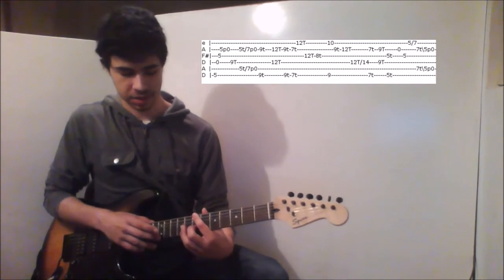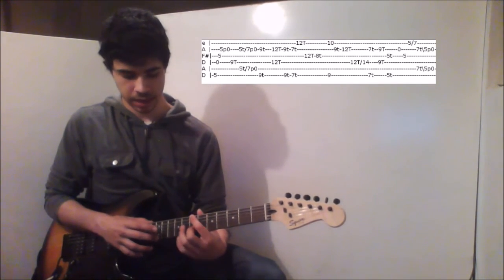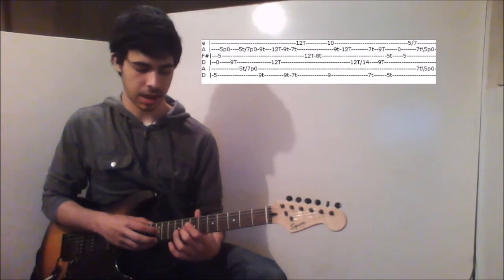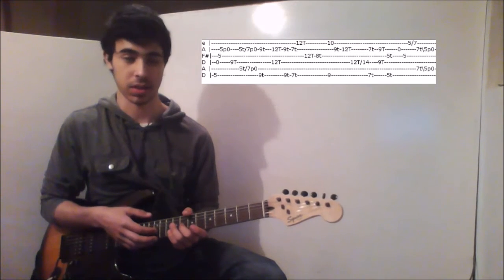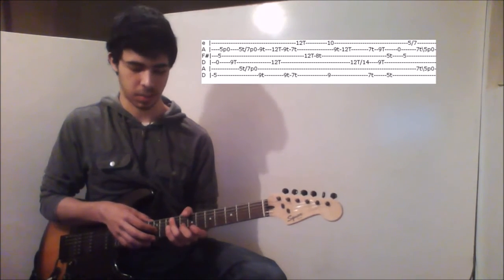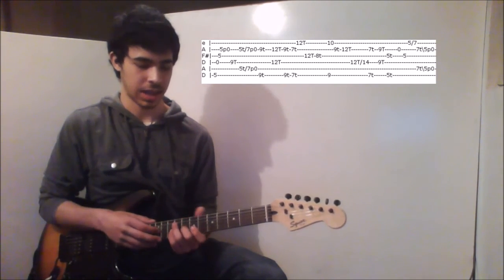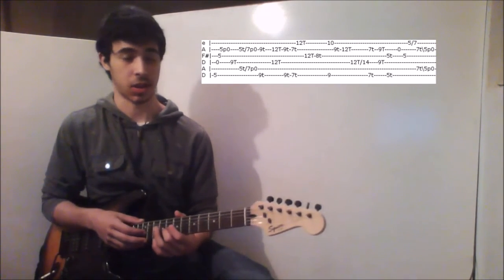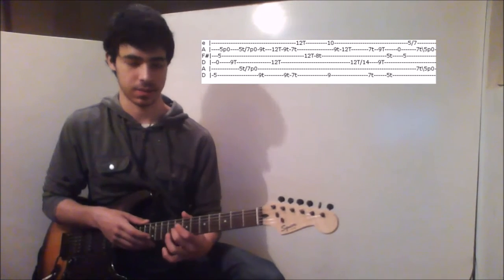Then your right hand taps just the 12th fret on the 1st string. And then the 12th fret on the 3rd string. And then your left hand taps the 8th fret on the 3rd string. And I don't know if it's actually tapping it or if it's pulling off your right hand to the 8th. It kind of looks like she's tapping it though in her guitar only video. So I just been tapping it. So that's...